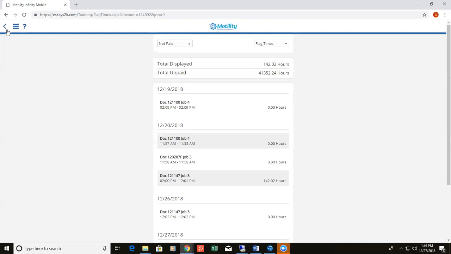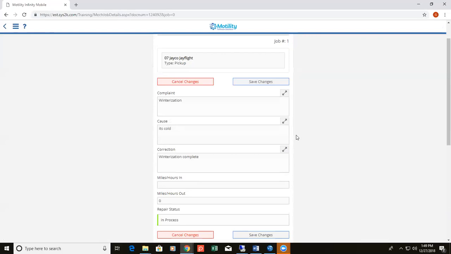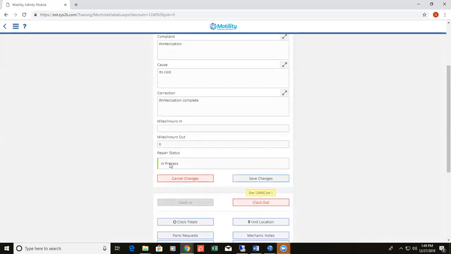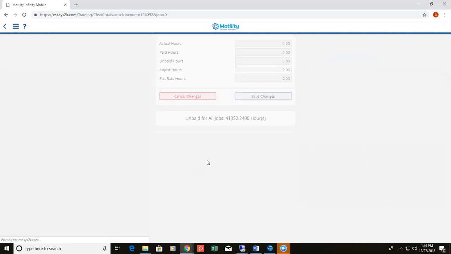So let's go ahead and do just that. Let's back out. Let's say we're done with our winterization, just like our note said. We'll mark the job as tech done and clock out. You can do it in any order you want. You can clock out first, then change the status, but I'm sure they want the extra seconds on their time. But now, if I check the clock totals,